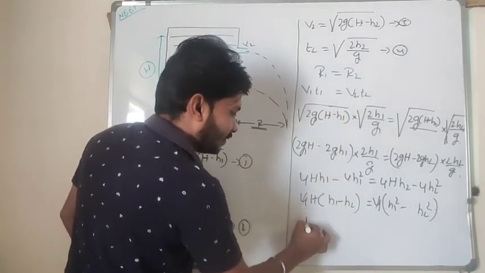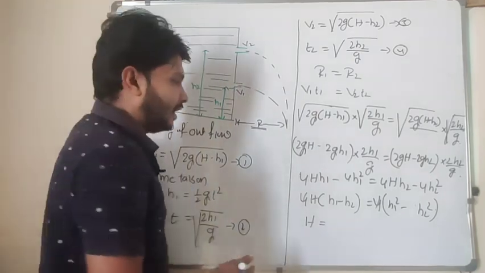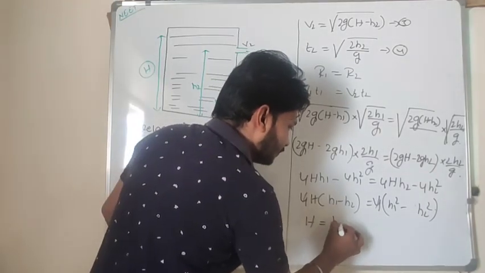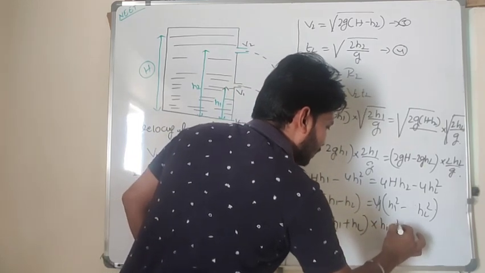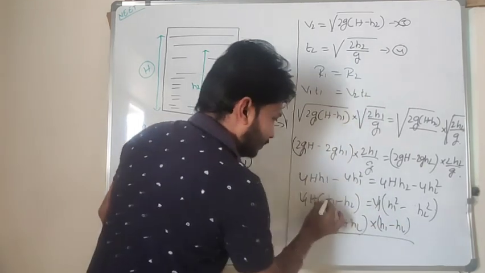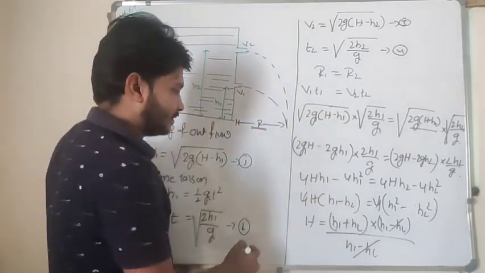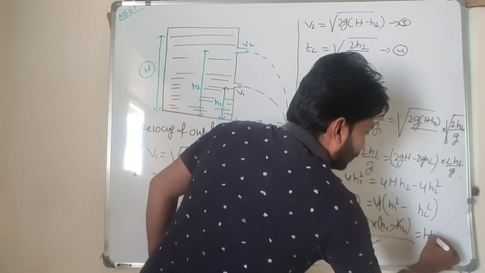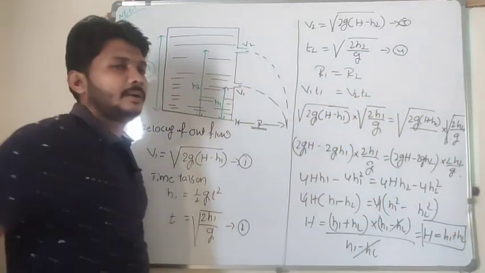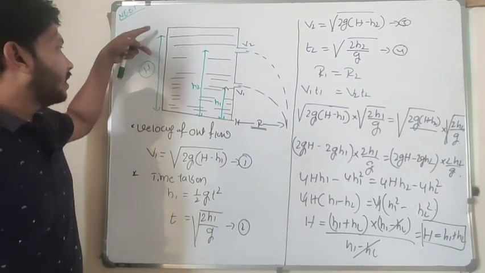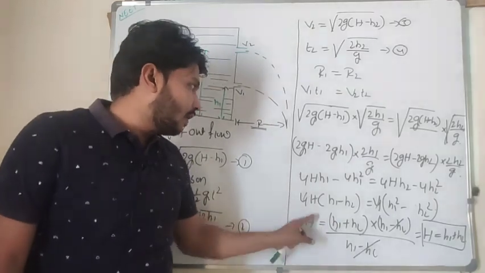Here I will take the 4 out common, and the 4 terms get cancelled out. H is equal to, since a squared minus b squared is a plus b into a minus b, so (h1 plus h2) into (h1 minus h2). The h1 minus h2 term will get cancelled out. Finally capital H is equal to h1 plus h2. So capital H value is how much? Capital H is equal to h1 plus h2. So the horizontal range is